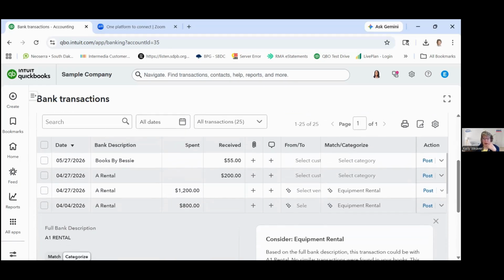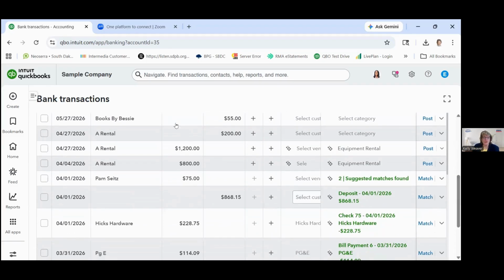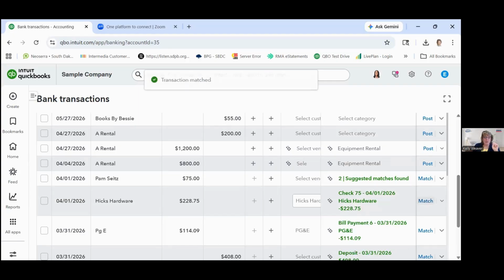So we have options of posting. We have some options in here called match. So whenever a transaction comes in from the bank, the first thing that QuickBooks is going to do is say, okay, this information came from the bank. Then we have this information over here already in QuickBooks that you've already entered. Is there anything that's the same? And that's where the matches come into play. Here's a deposit that came from the bank, and here's a deposit in QuickBooks for the same date for the same amount. QuickBooks is suggesting that's a match. And if it indeed is, and it more than likely is, then all you have to do is match, and it takes care of it because you've already put all the detail into QuickBooks, and now you're just matching it up with what's coming through the bank.